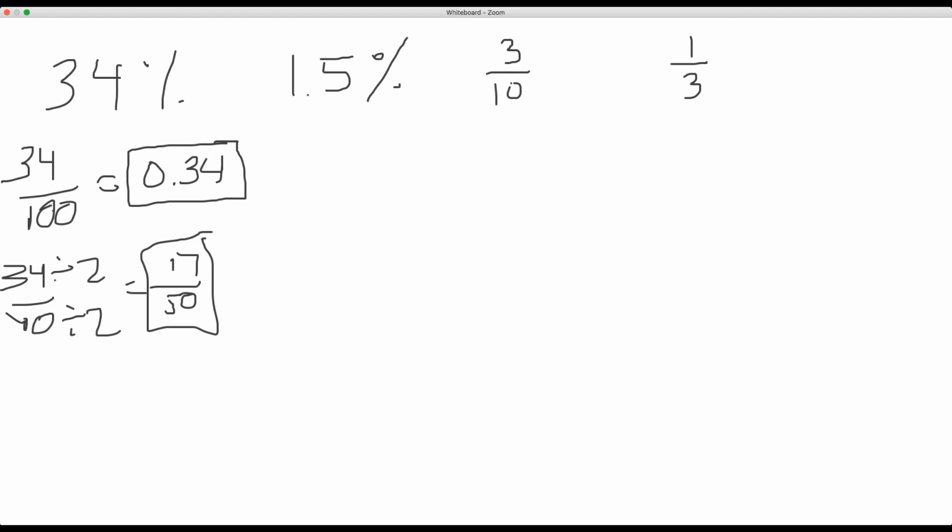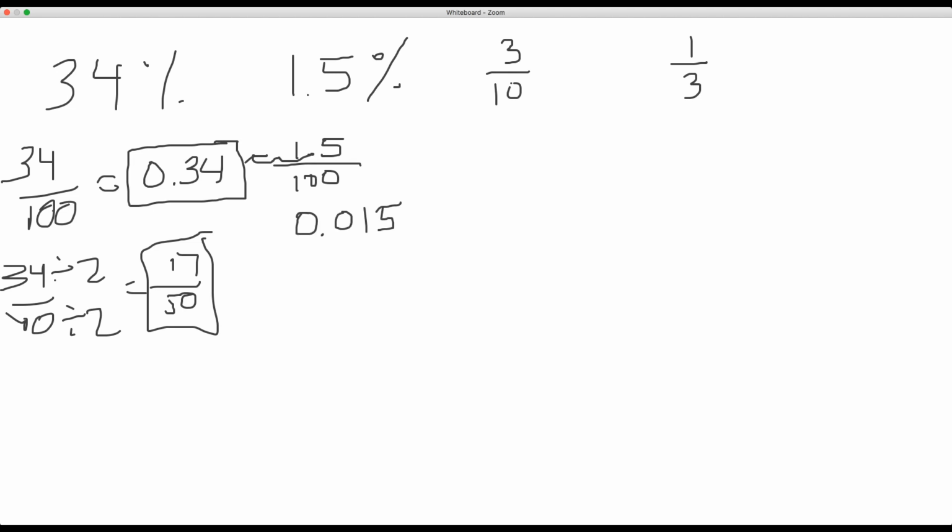So now if you got 1.5% and you were asked to put this into a decimal and into a fraction, well, when you put this into a fraction, again, if you think about it, 1.5 over 100 is not simplified all the way into what it would be as a fraction. So what you have to do then is go to a decimal first. So in order to go to a decimal, again, if you're dividing by 100, you're moving this place value 2 places. So then you get